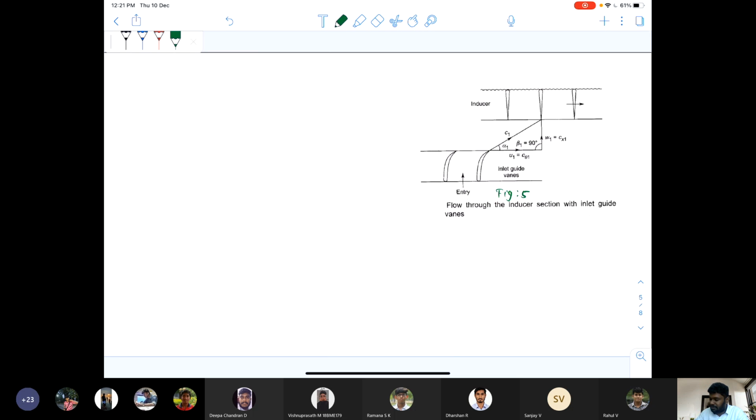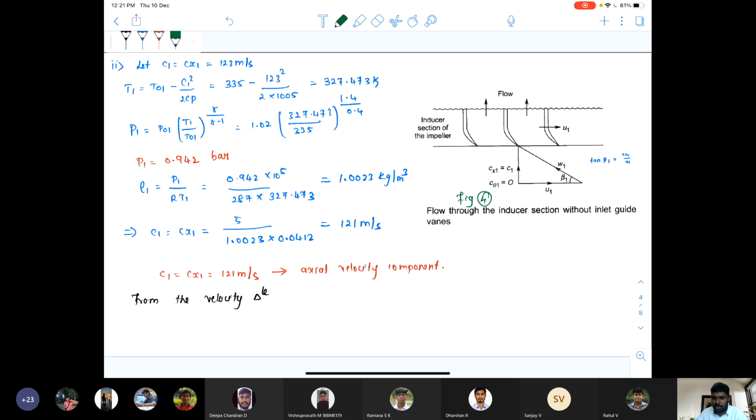ஓகேங்களா, இது வந்து நீங்க இப்ப ரெஃபர் பண்ணாலும் உங்களுக்கு வந்து சேம் ஈக்குவேஷன் சேம் டயக்ராம் தான் இருக்கும். ஓகேங்களா, அப்போ from the velocity triangle,